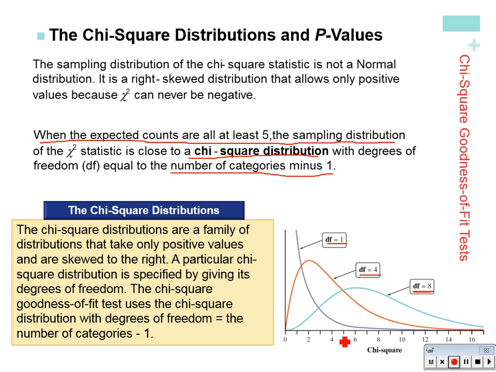So that's what I was referring to when we talk about the value of the chi-square statistic, its distance from 0, and the number of categories, and how that will affect the p-value